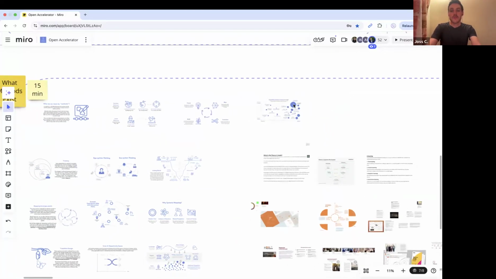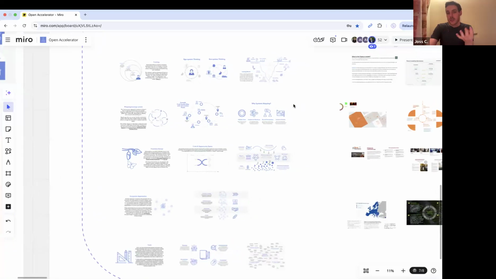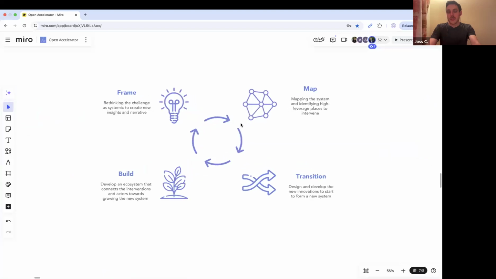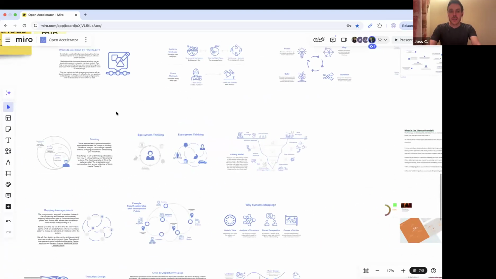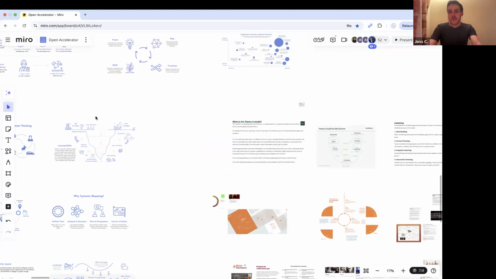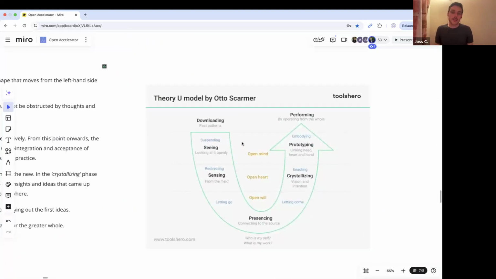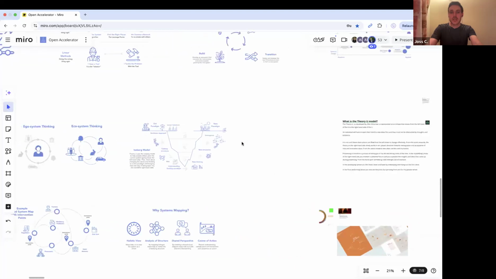Okay, so let's go down here. We're going to look through those four dimensions and see how different methods look at each one, from framing and thinking in systems around the challenge, mapping it, transition, and ecosystem building. The first one is actually, maybe you've heard of it, U theory by Otto Scharmer. And this is very much based on systems thinking, and it's very much based on the idea that